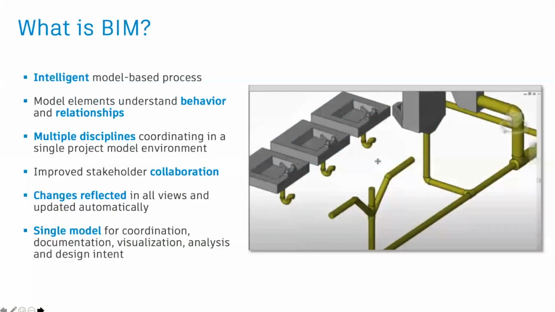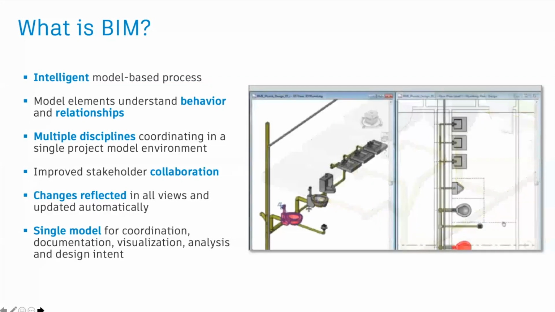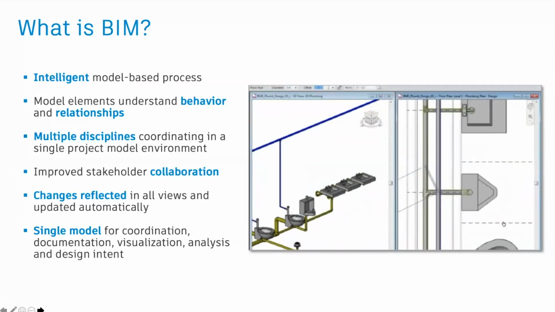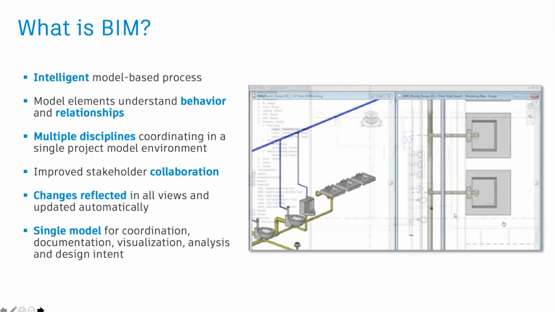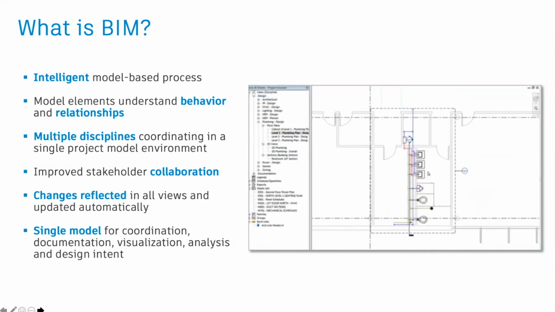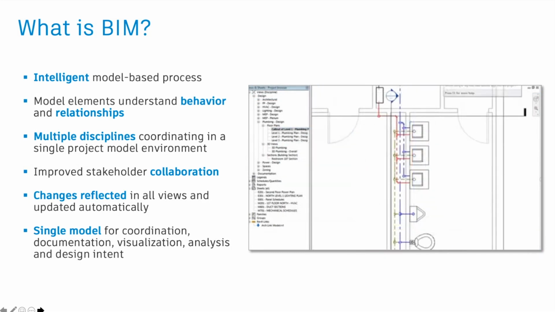So what is BIM? So as you see from this video, we've got some basins, a urinal, some toilets. These are intelligent objects that understand what connects to them. So, whether it's a soil pipe, whether it's a hot or cold water pipe, they understand what should connect to it and how. So you can't connect pipes to ducts and ducts to conduits.